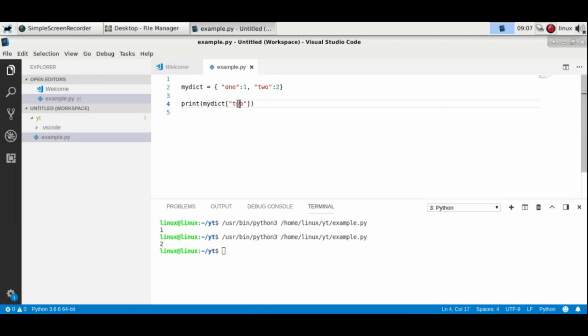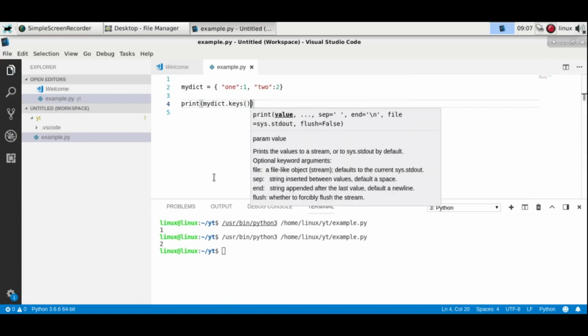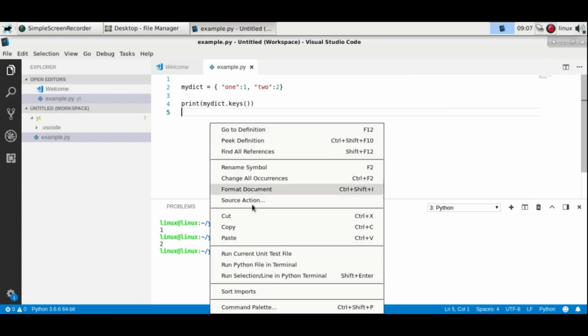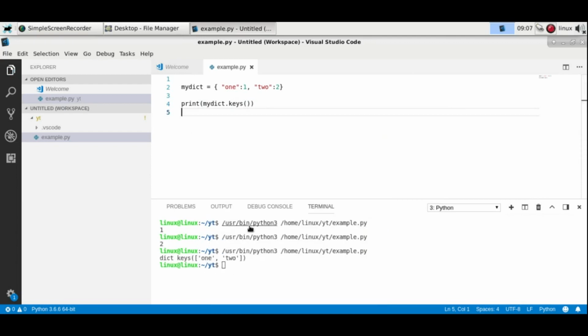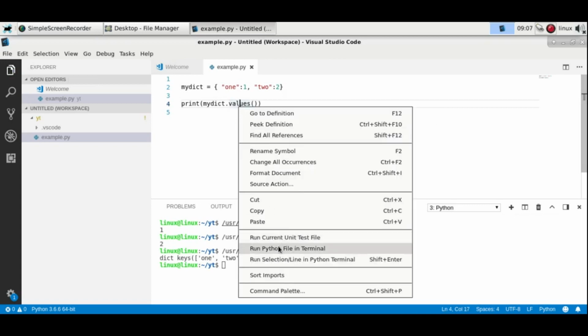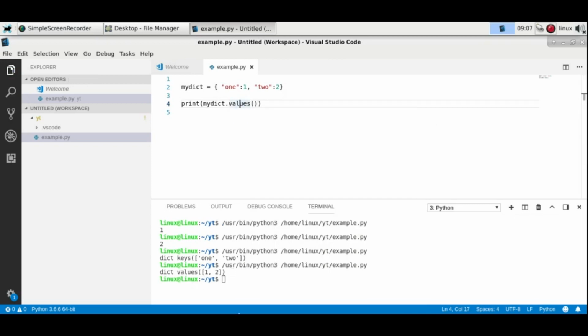Now to show the elements, the keys, you can use this method keys, so that will show you the keys, and values would simply give you the values, so 1 and 2. And you can also use items to get the pairs, so that will show you the